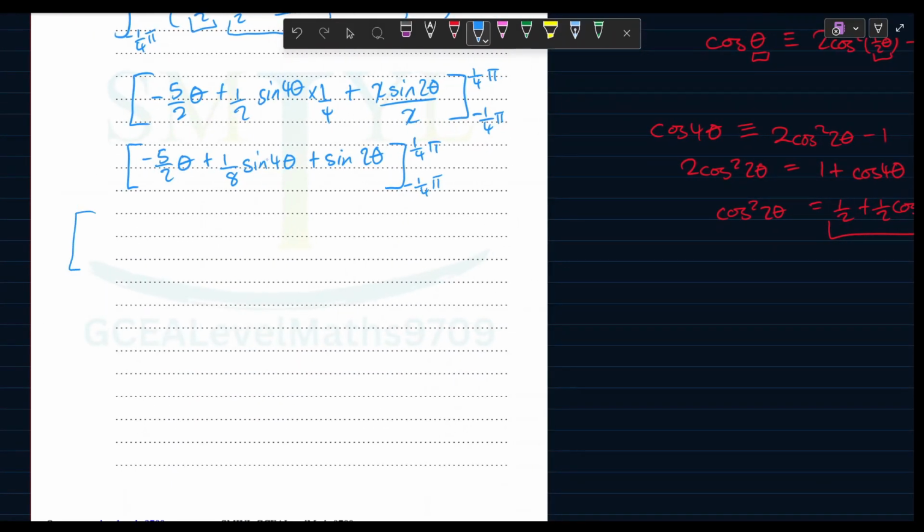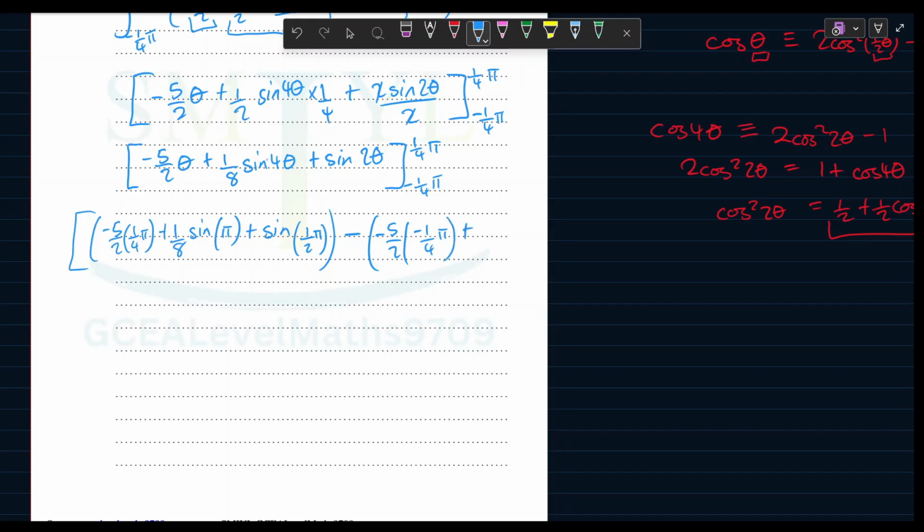We can start off with our upper limit. So that's going to be negative 5 over 2 times a quarter pi, plus 1 over 8 sine 4 times a quarter pi, so that's just going to be sine pi, plus sine 2 times a quarter pi, so 1 over 2 pi, minus, let's do our lower limit now, so that's minus 5 over 2 times negative a quarter pi, plus 1